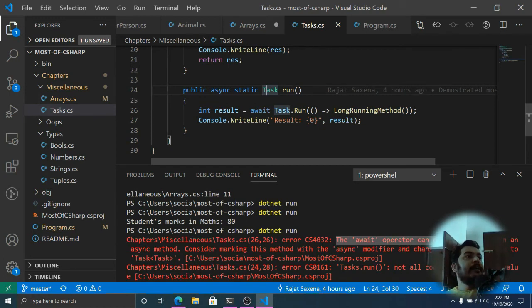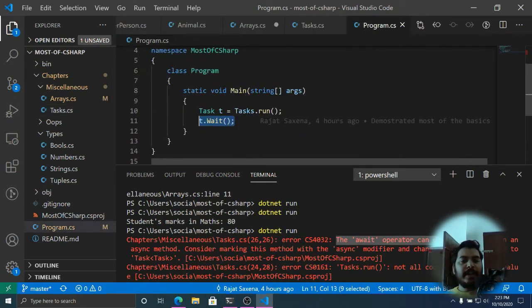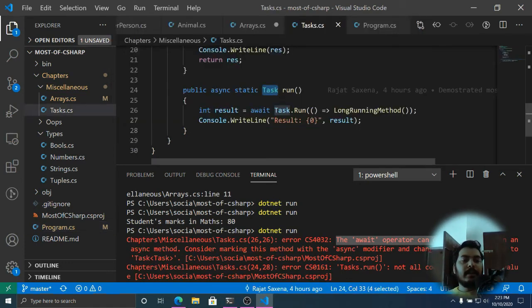because it is going to return a task, which means a promise in the future that it is going to do something, right? But as of now nothing is ready. You have to mark it task. If you are going to return something from it, then you have to use this particular notation, which is a generic notation. Let's suppose if I'm returning any value of type int from this task, I have to mark it int here. But since I'm not returning anything, I'm returning void, I have to use this task thing.